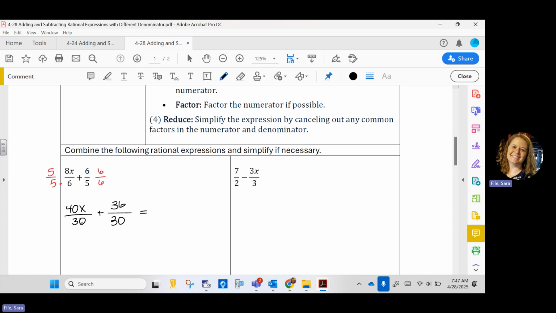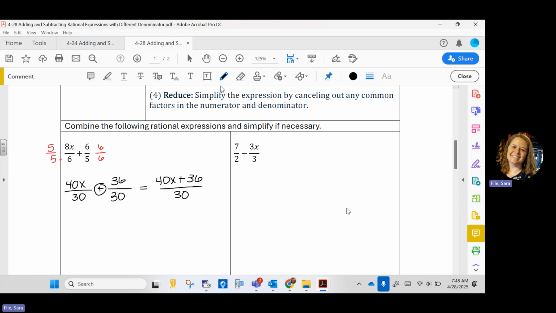So now that I have a common denominator, I can combine the numerators. We would be doing 40x plus 36, all over 30. Now, the top can be factored. So I'm going to factor out in that numerator a 4. So 4 can be factored out up there, which would leave me with 10x plus 9